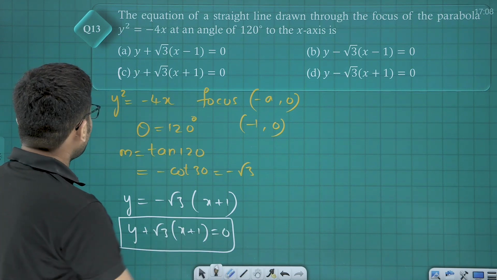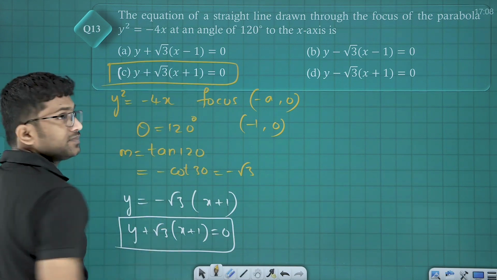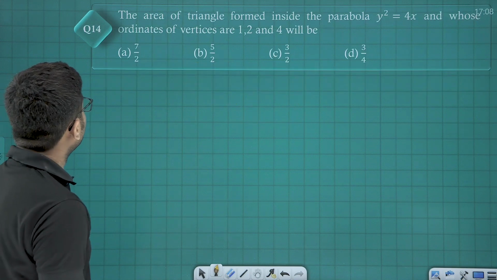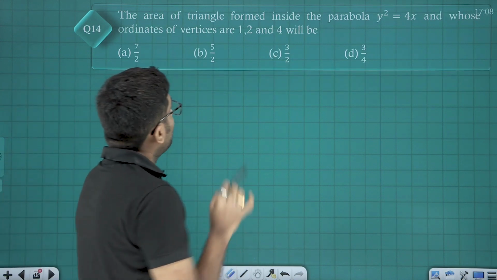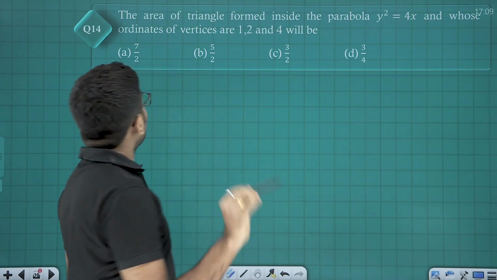Y plus root 3 times x plus 1 is equal to 0. So the answer is option D. Next question, friends. The area of the triangle formed inside the parabola y square is equal to 4x, whose ordinates are,